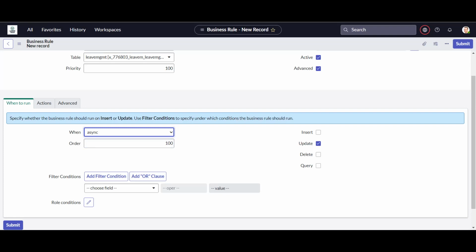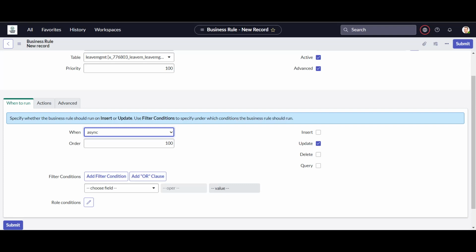But the difference between async and after update is that async performs the operation in the background. If I have, for example, after, it has to be completed along with the transaction. So once the update is done, then this has to be finished. But if I select this, it will do the same thing after update, but it will do it in the background. For example, a user is doing some transactions, and I am running some business rules, and my business rule is doing some database operations,